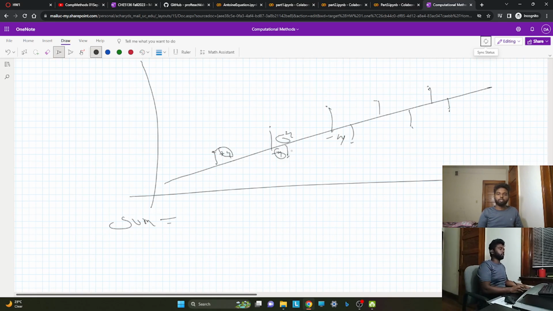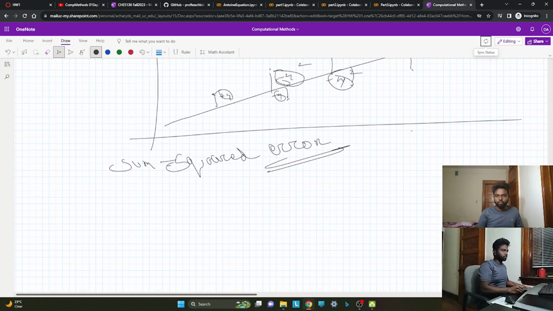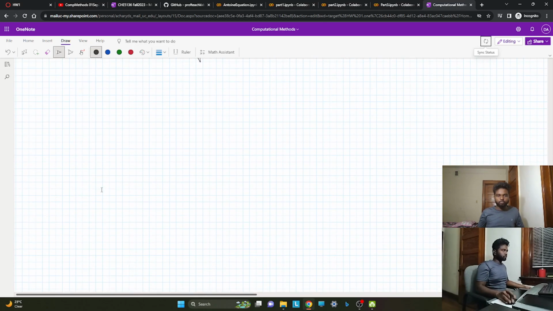To get away from this, we square all the errors, then add, so the negative terms become positive and you get the total error. So just add all of them. This is called sum squared error, also called in short form SSE. Anyways, you move forward, and once you take the sum squared error, the summation of the errors squared,